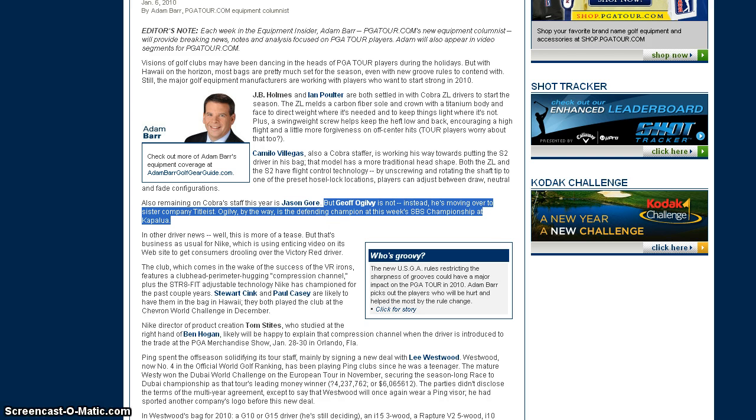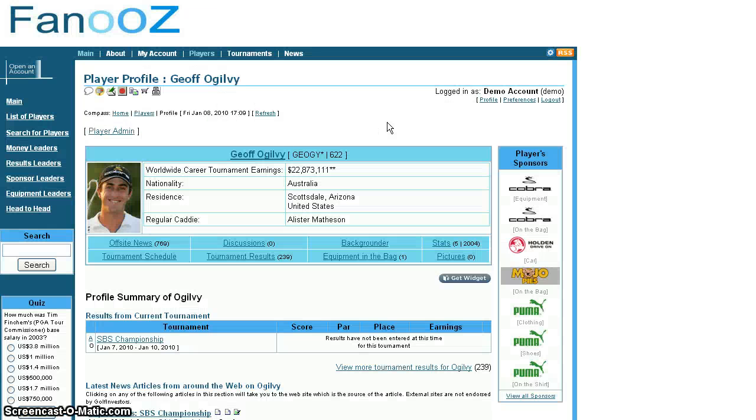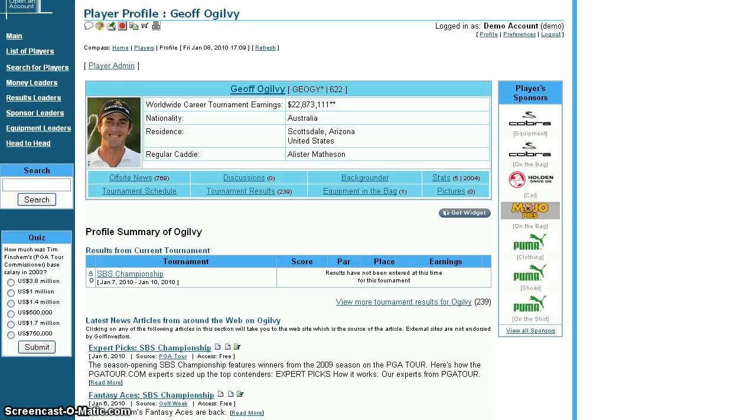So I'll click on a tab here in the browser, and I'm logged into an account on Fanooz, and you'll see that I'm on Jeff Ogilvy's profile page. On the right hand side you will see the list of sponsors for Ogilvy, and you'll see two instances of Cobra, one for his equipment and one for the logo on his bag, and we need to change that from Cobra to Titleist. So I'll come down here and click on the View All Sponsors link,